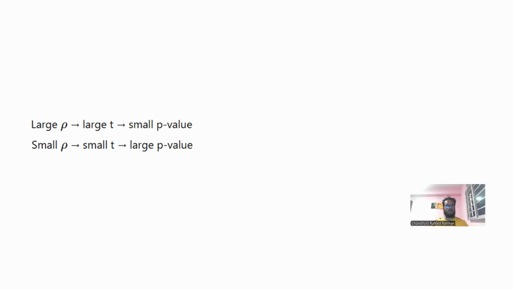That means you are in an extreme case, so there will be a large t value, and that is why the p value will be small. That means you are going to be able to reject the null hypothesis. Okay. So for example, suppose rho equals 0.3, which is a small Spearman correlation, and we have a small